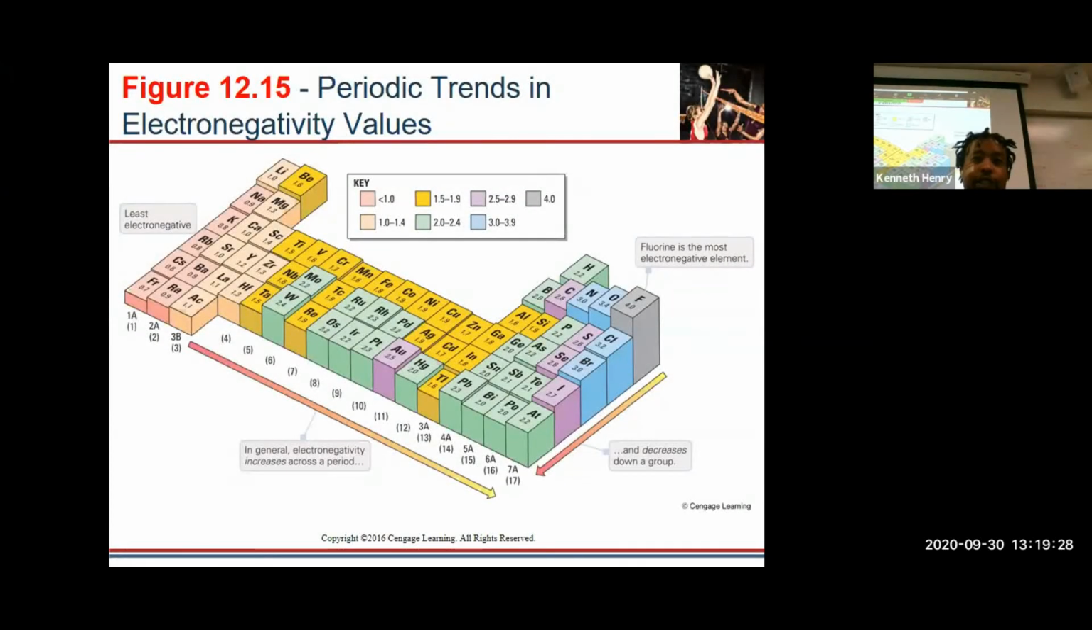We had talked about how to use this. So if I wanted to determine if something was nonpolar using the electronegativity,